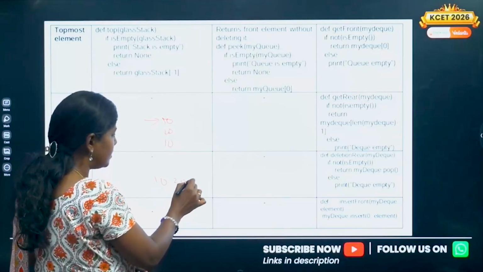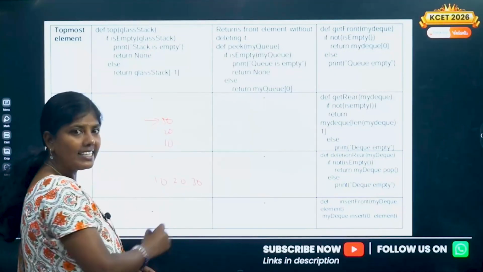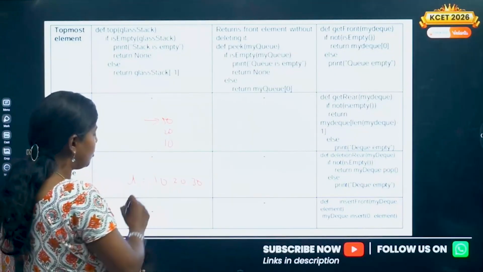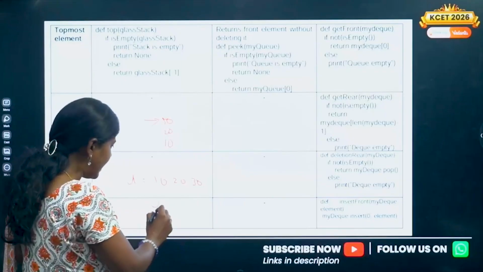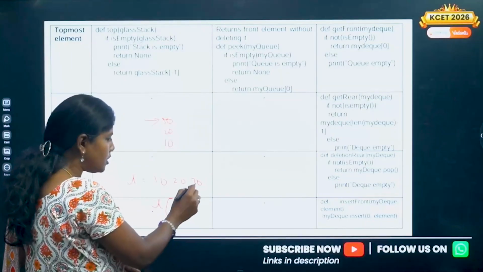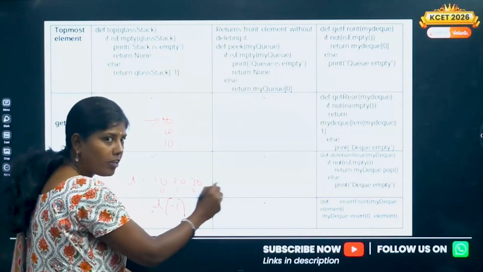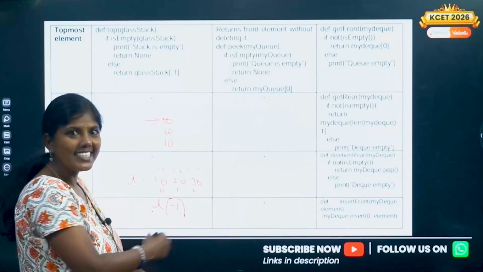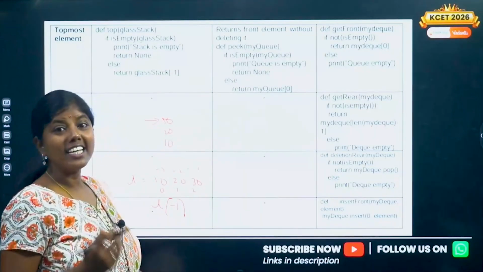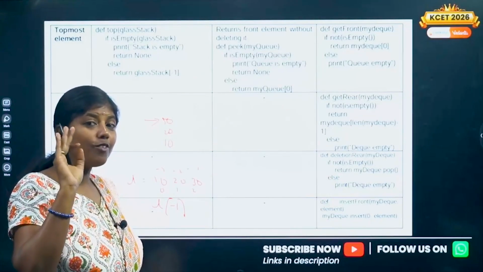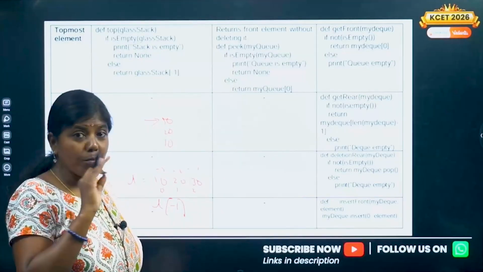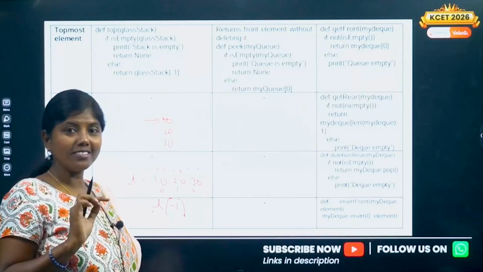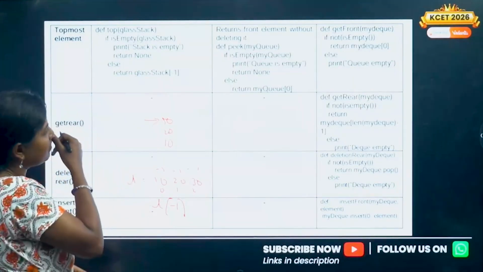10, 20, 30. How will I get this? This is L. L of -1 means what? This is index 0, 1, 2, forward indexing. -1, -2, -3 is going to be the backward indexing. Just give -1, done with that. It's just displaying only, not removing. Don't use pop here. Pop means it will be removed. Clear? Okay, similarly, we have